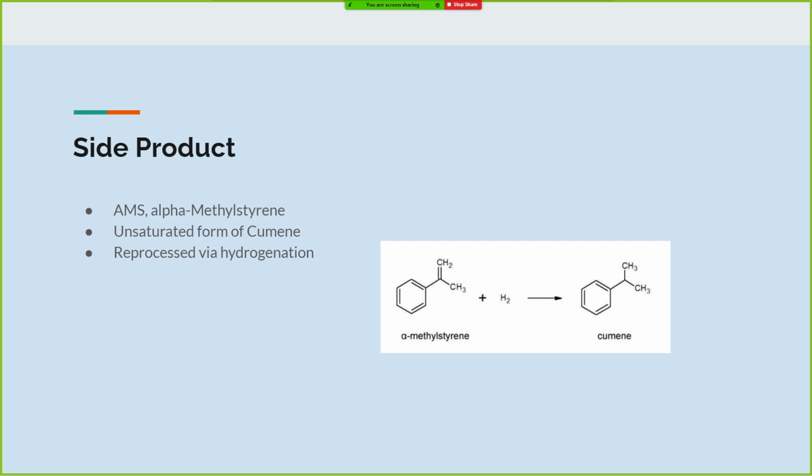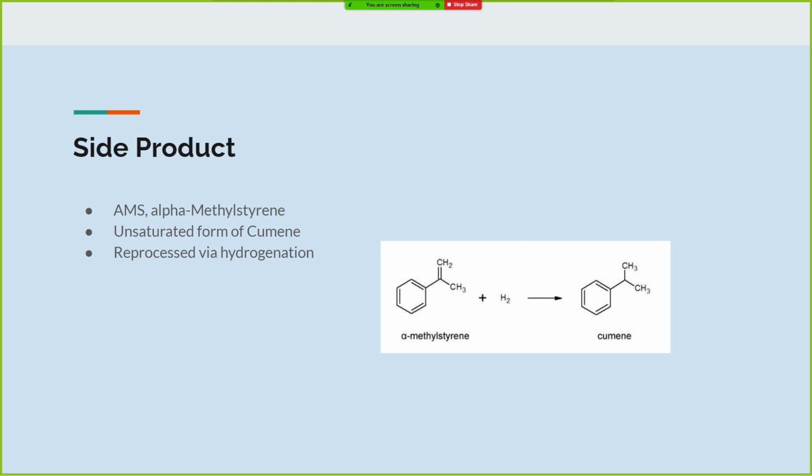Something to note is that during the cleavage process, a fairly prominent side reaction takes place where the CHP is turned into a molecule called AMS, also known as alpha methylstyrene. Alpha methylstyrene is essentially a dehydrogenated version of cumene, where one of the carbons on the isopropyl group has a double bond. In industry, this molecule is recycled through a reactor where it's hydrogenated to reform cumene, and this can be used to recycle cumene back through the process of oxidation and cleavage